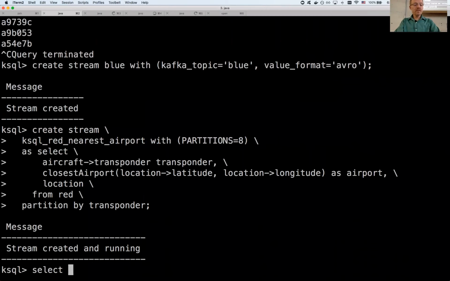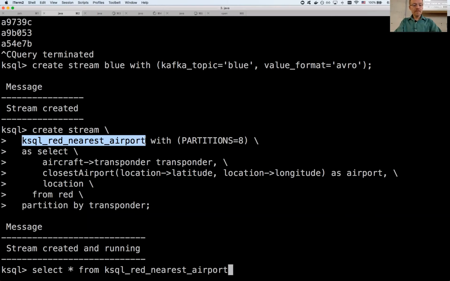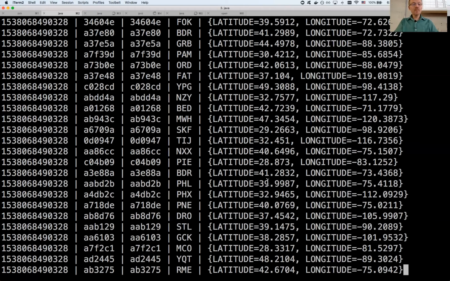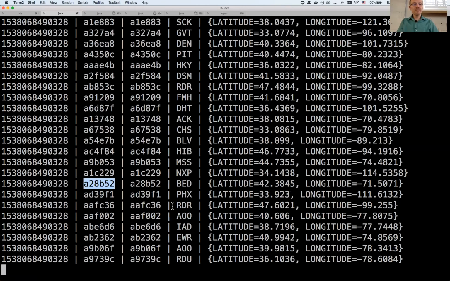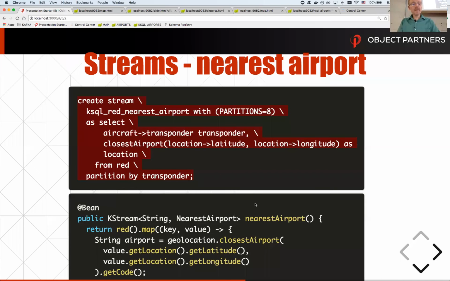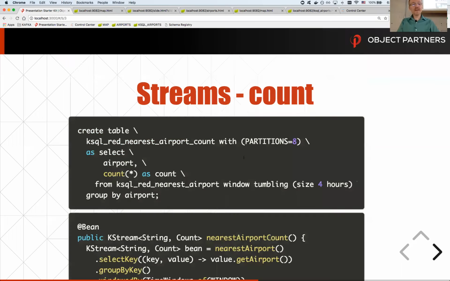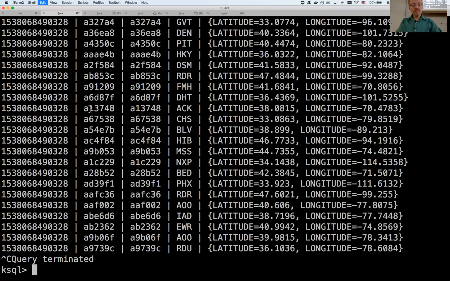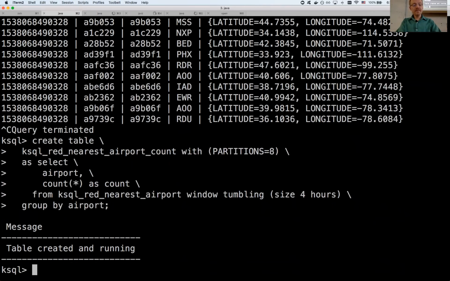Now let's do, so there is the lat long and airport for each aircraft transponder written between, or yeah, for every red plane, what airport is it nearest to? And then finally, and I'll show you the UDF in a second, I count that as well. So I create that, and now